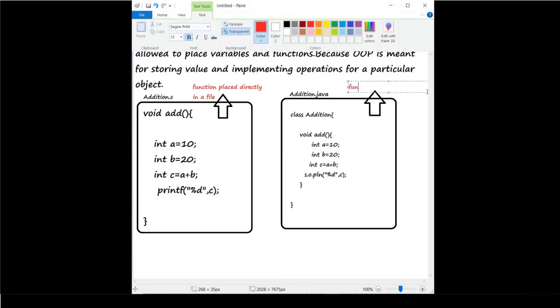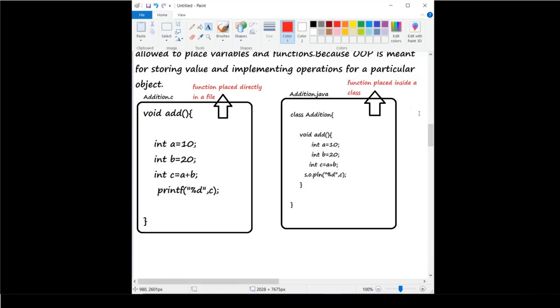In Java, the function is placed inside a class. This is the difference in program. So next we will see